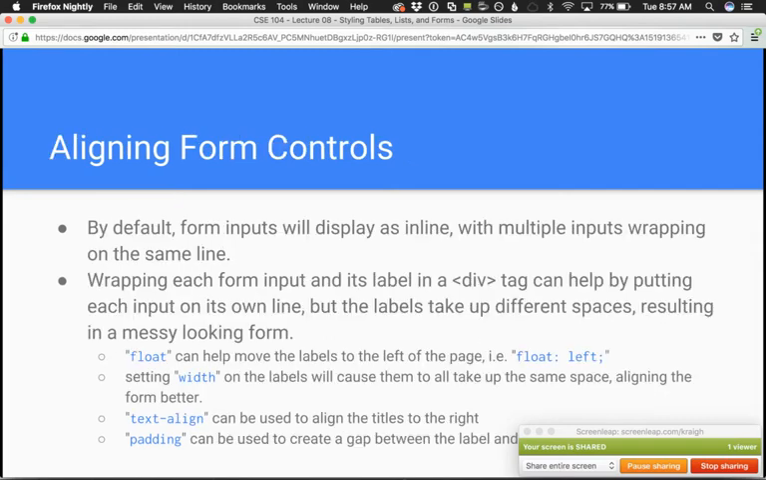Okay, aligning form controls is important. So again, when you're thinking about your form, you want to think about how the user is going to read through your form, where your labels are positioned to make it clear what label goes with what input. There's nothing worse than a form where it's kind of difficult to tell what you're supposed to put in a certain box, right? I've encountered this a bunch where the labels aren't really clearly positioned to indicate what should go